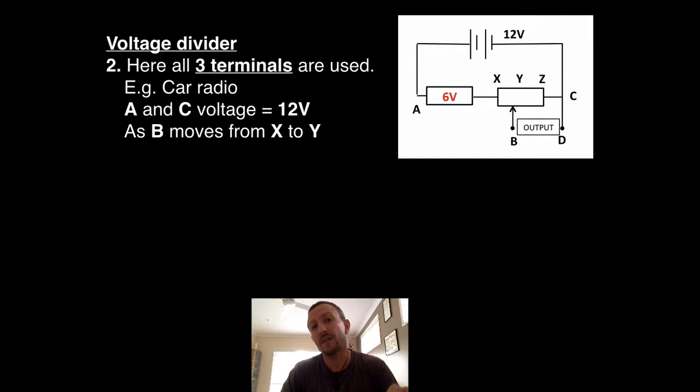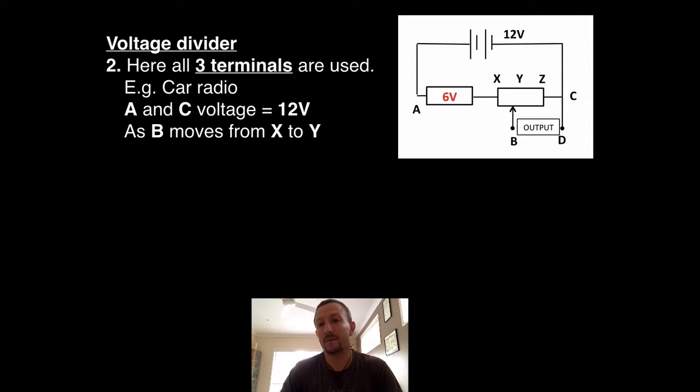Then in the car stereo there'll be a variable resistor on your output control for your volume, and the result is you can then use your wiper on your volume to basically say whether I'm going to get 6 volts of energy coming out as sound, i.e. it will be high, or we diminish it. So if I wanted 6 volts, I'd move B to